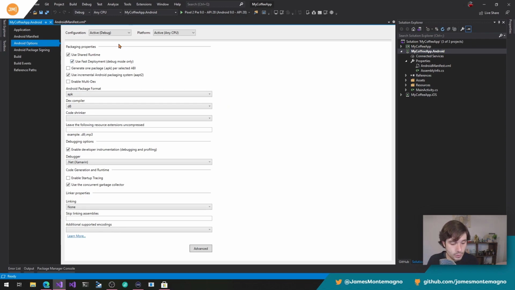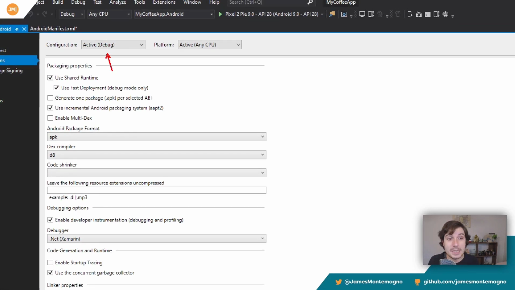Now, notice a few things. First and foremost, I'm in the debug configuration. This is important to know because there's a debug and a release configuration, and they should be different. Let me make that really clear. They should be different. Debug, we sort of skip a lot of compilation steps through that process because we want to have faster builds, and we don't really need to optimize the final output, the package that's going to be built and deployed. So that's really important just to know right there. Is we're just going to use the debug default here.